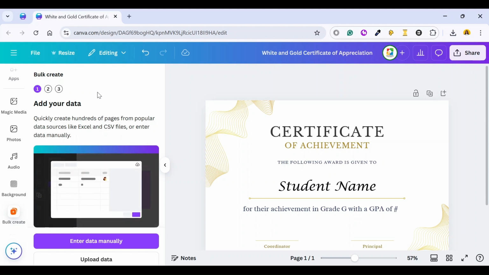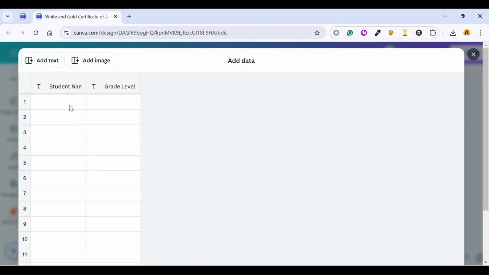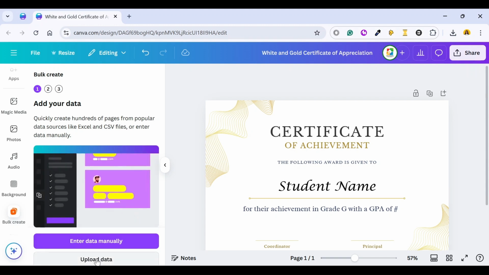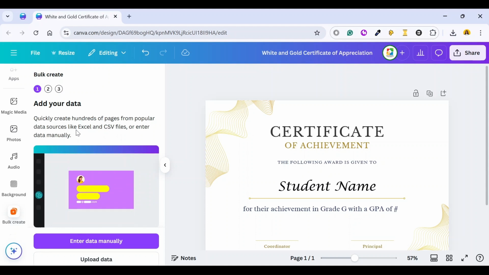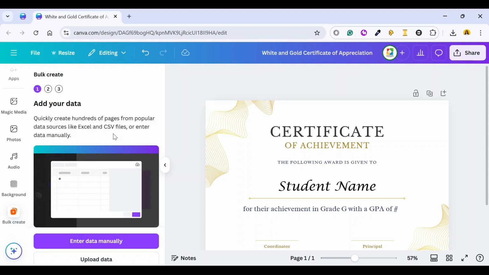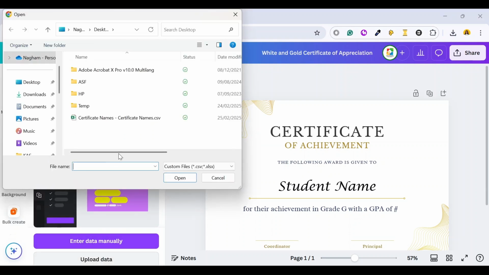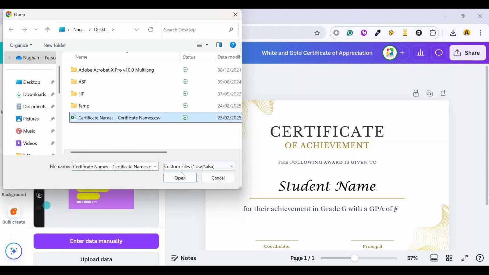Here you have 2 options. Either you add the data manually. So if I select it, I need to add the columns and the information if I don't have it ready. But what is easier, and since I have the information ready, I'm going to upload the data. And you see that it says you need data sources like Excel and CSV files. I prefer always CSV files. So I'm gonna go to upload data and then I will select the file, the CSV file that I have